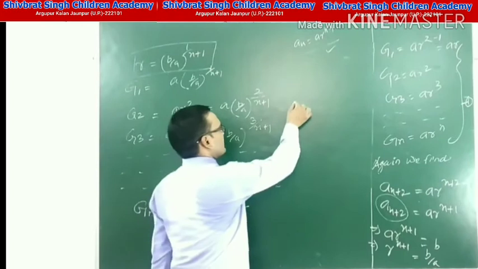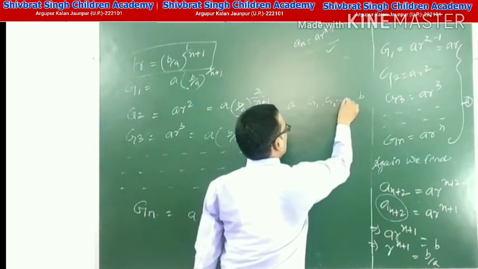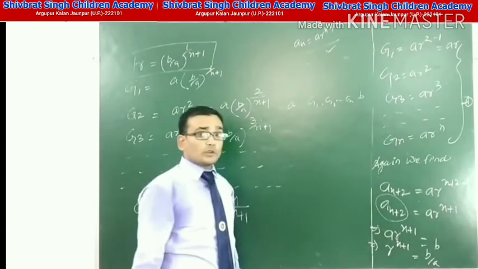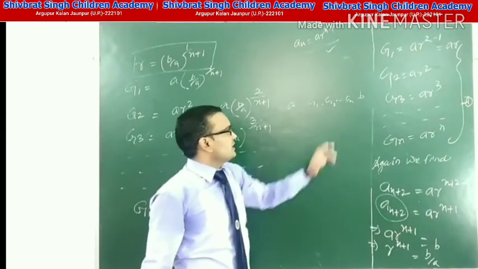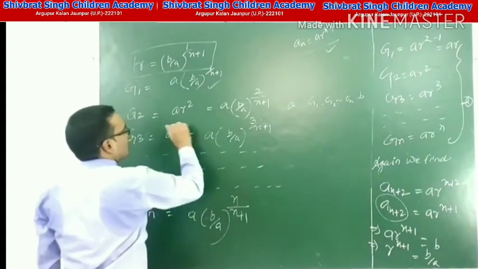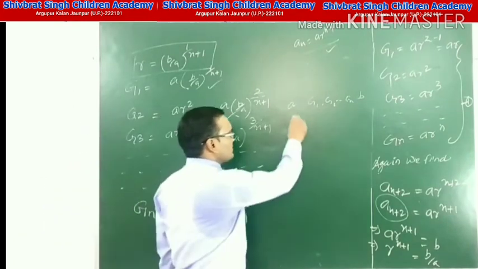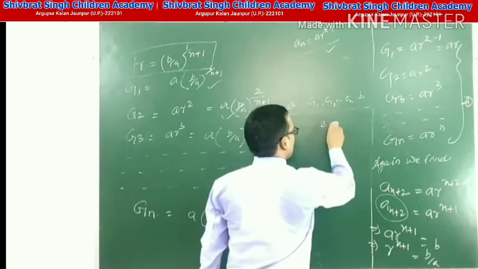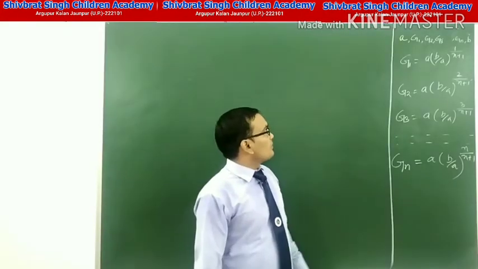We can insert G1, G2, and so on up to Gn as the geometric means between two positive numbers A and B. The value of G1 equals this, the value of G2 equals this, and the value of Gn equals this, and this makes a GP. We have proved that